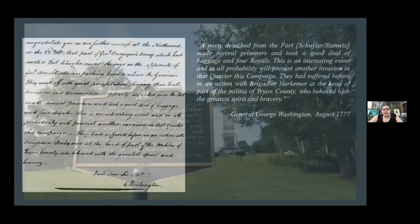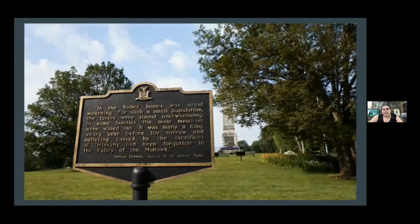As the sign at the battlefield says, the Battle of Oriskany was not quickly forgotten in the Mohawk Valley. Most people in Tryon County knew someone or had a family member that was at the battle, if not injured or killed in the battle. On the sign, it's "many a long year before the sorrow and suffering caused by the sacrifices at Oriskany had been forgotten in the